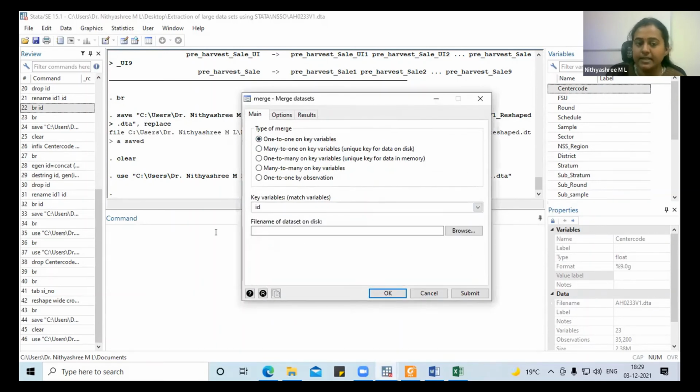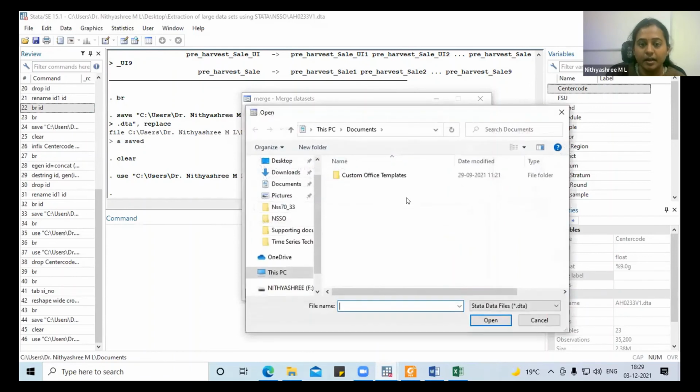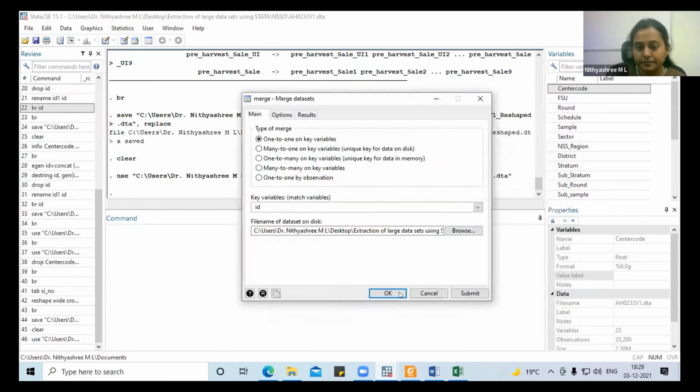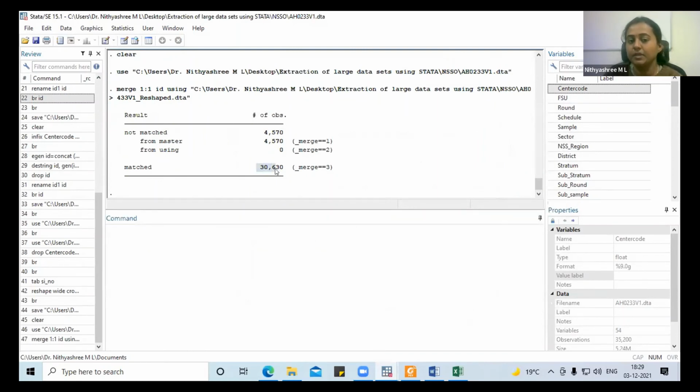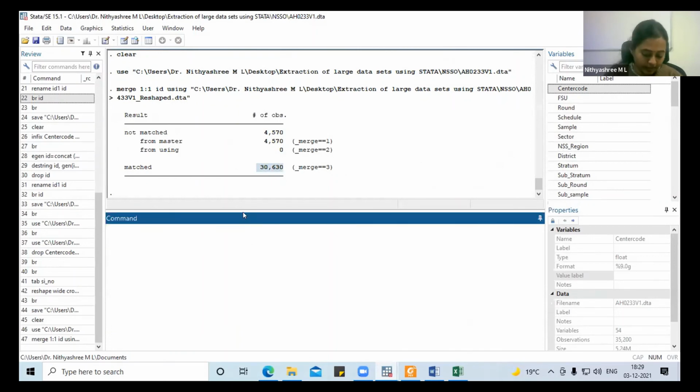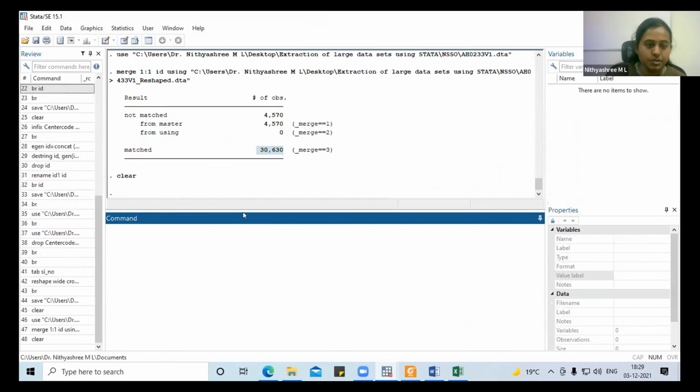ID. Both the files have ID, and the reshaped file. So it has matched observations for 30,630. Okay.